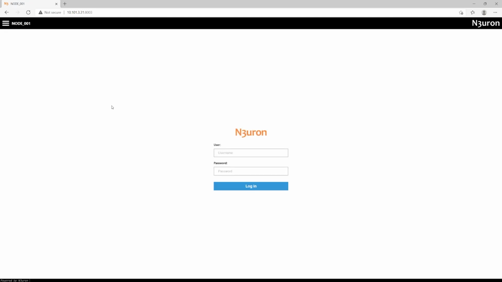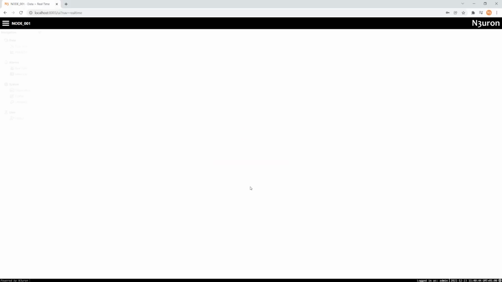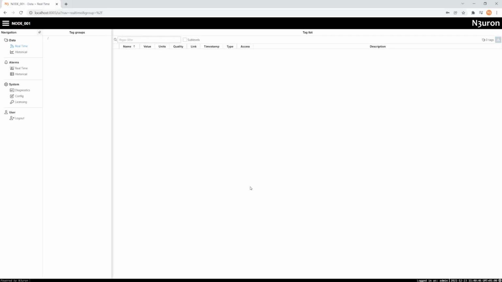When logging into Neuron's gateway for the first time, the system will require us to enter admin as the username and Neuron as the password. Once you gain access to the WebUI interface, I recommend changing the default password to a stronger one, since these credentials are used to access the gateway's most sensitive areas. Then, I will go ahead and click on the blue login button below. At this point, we are ready to navigate around the Neuron WebUI interface and start setting up the communication platform.